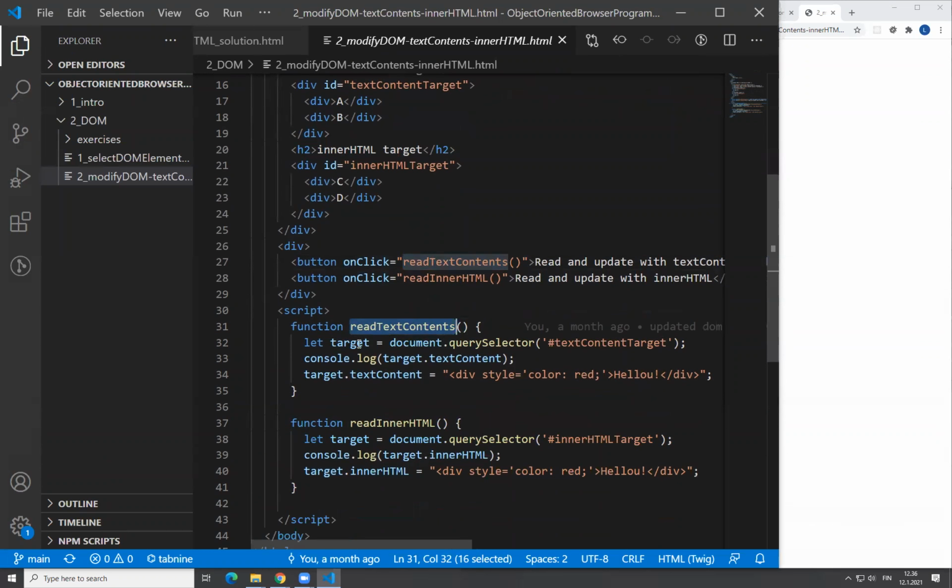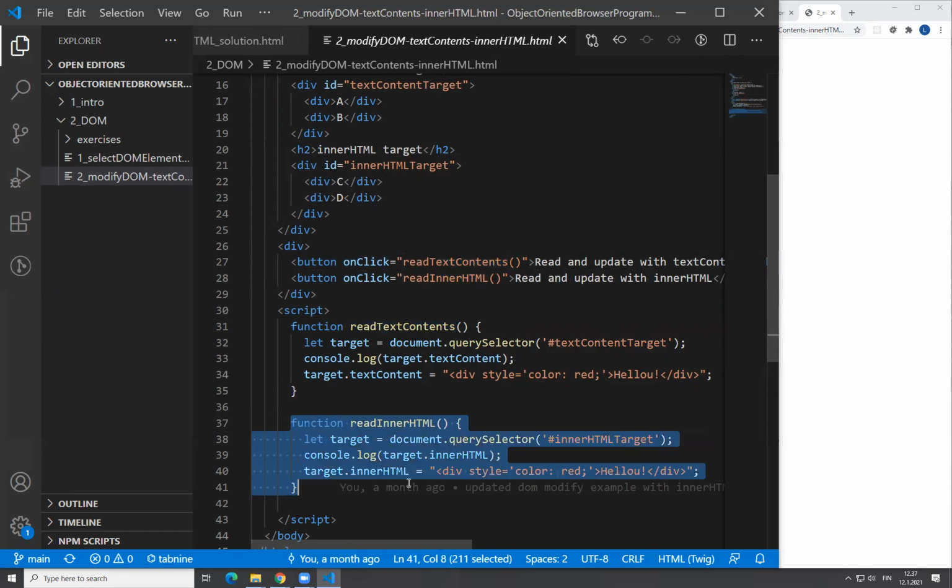is declared here. So it's a normal JavaScript function. And the second button has read inner HTML, and it's here. Yeah, the naming doesn't make much sense because they're actually modifying. I originally had an example which was just reading, but now it's modifying also. So this reading thing is a leftover from an older example. Anyhow,